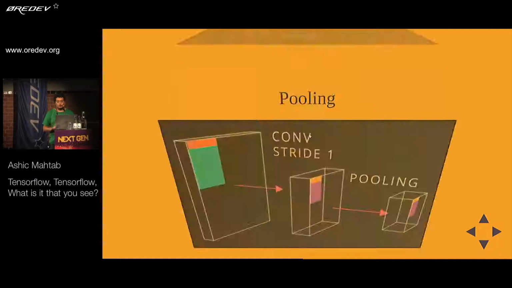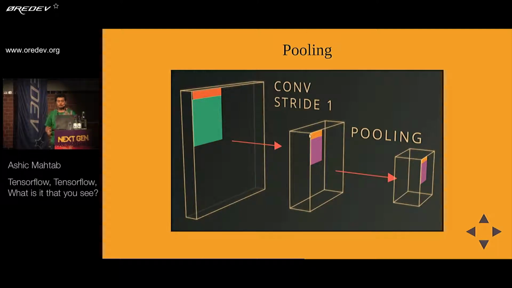So one way around that problem is to use pooling. And what pooling means is that for any convolution, instead of using the values directly, what you do is you take all the convolutions from a related neighborhood and you apply some function to it. It could be the average function, it could be a max function, it could be a min function. If it's an average, it's average pooling. If it's max, it's max pooling, and so on and so forth. Okay. And there are different types of pooling. A lot of these are available in TensorFlow or TF-Learn out of the box.